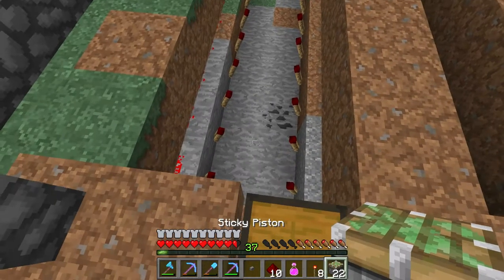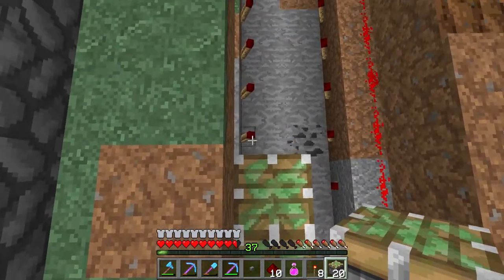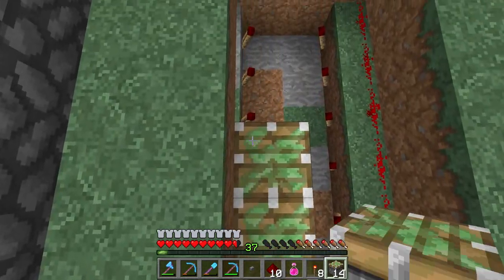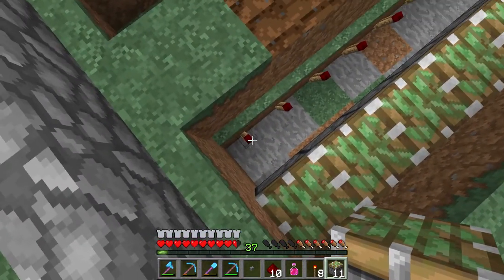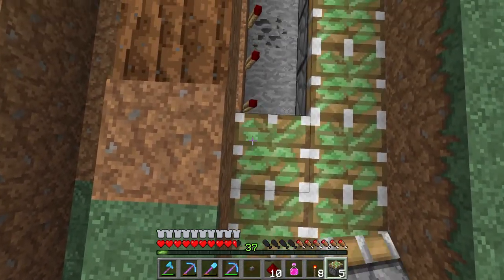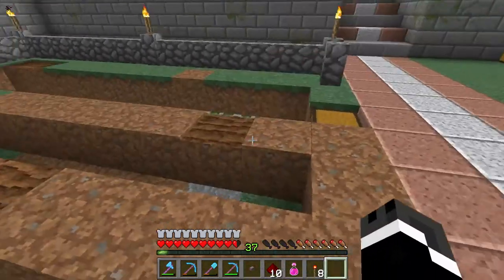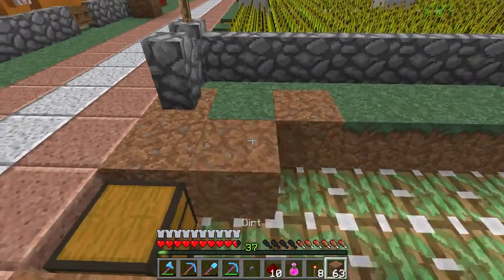And then we can just take and put our pistons down here, like so. And a couple more. And there we go. Alright, so now the pistons all get dirt